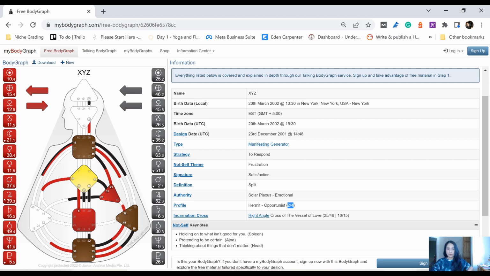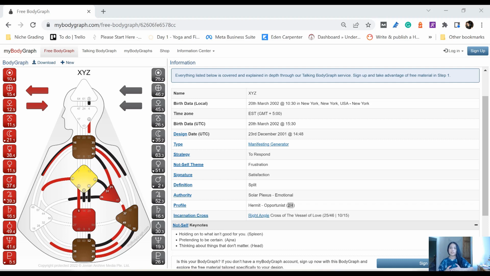And then your profile, we talked about profile in great detail before. This person has a 2-4 profile, and this is their incarnation cross, which is the right angle cross of the Vessel of Love. You can get so deep into incarnation crosses, so that is out of the scope of this video. But the bottom line is that once you start living in accordance with your design, your strategy, and authority, your incarnation cross really comes into light,